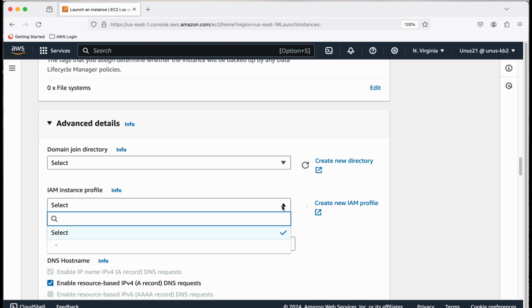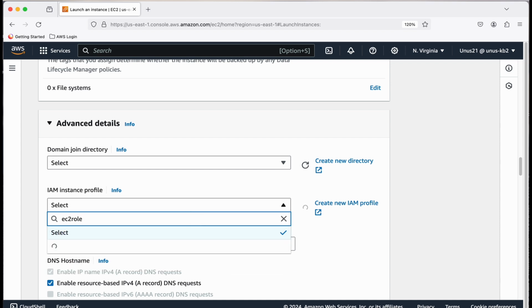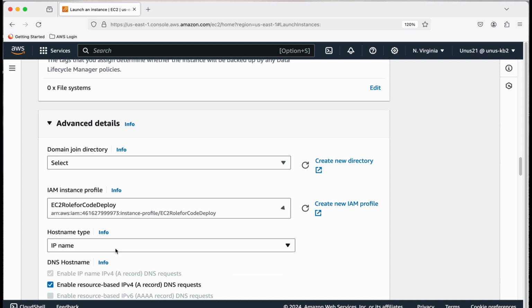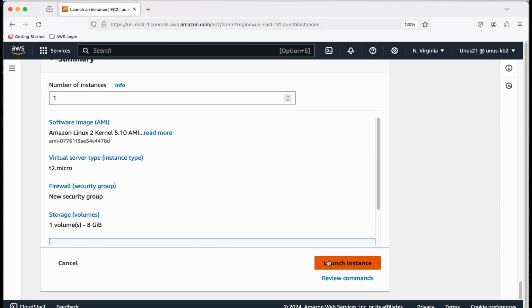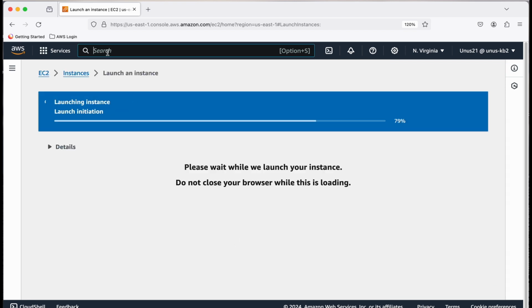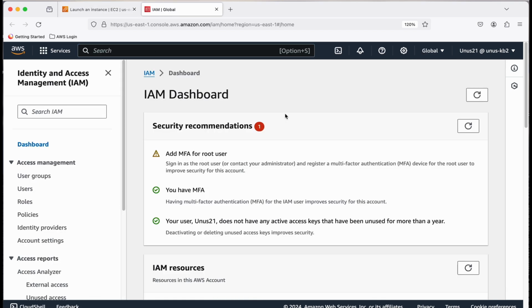So I have already created one. I will show you how I created that after this, EC2 role for CodeDeploy. So this is mandatory. Only if this particular role is assigned to the EC2, it can run CodeDeploy successfully. Come down, launch instance. Now in the meantime, let us go to IAM and find out more about that particular